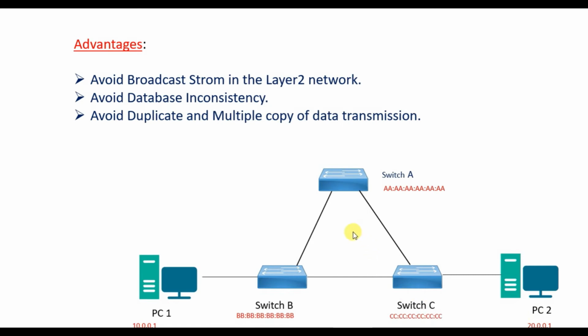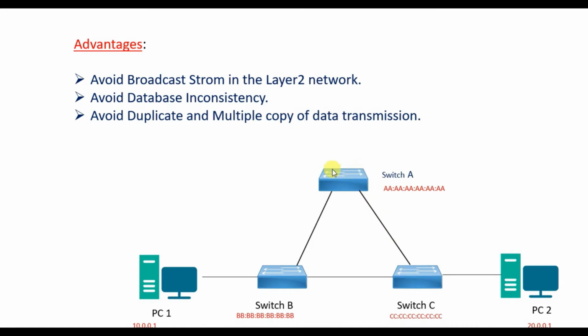At the same time, when switch B sent the broadcast for the very first time, switch A also received it. Now switch A also sends the same broadcast to switch C, and as switch C already has the MAC address information of PC2, switch C will send its MAC address to switch A to make it understand